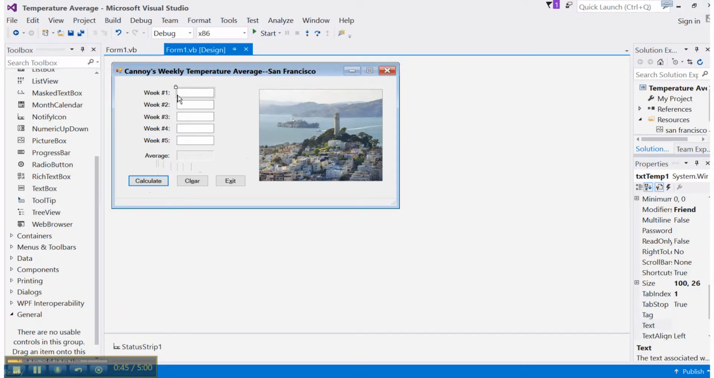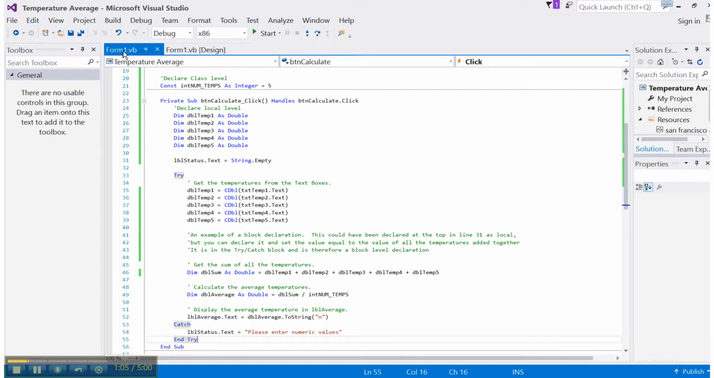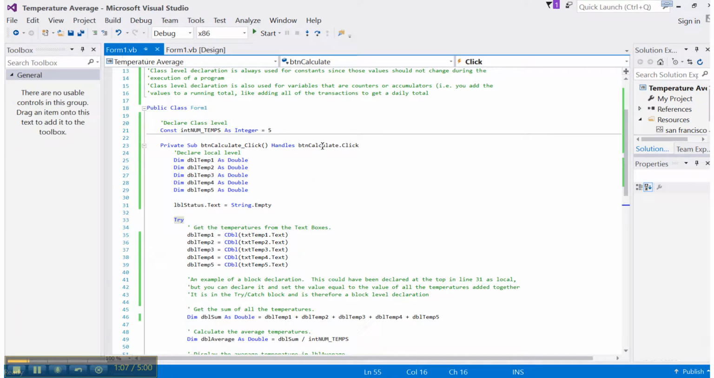Okay, so each of these temperature boxes will be a different value that is entered by the user. And in this case, in order to calculate the average, we need to have all 5 values entered. So we need to check and make sure that the user has entered 5 numbers into those text boxes. So in our code here,